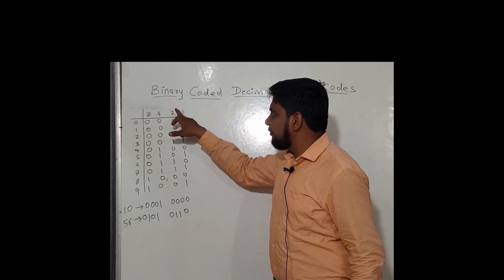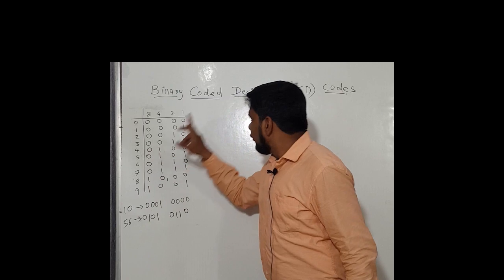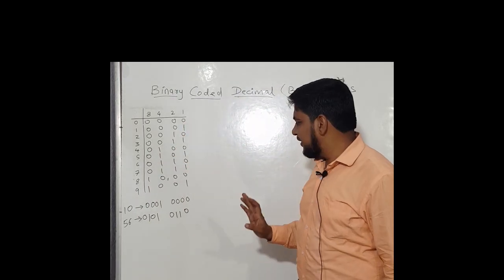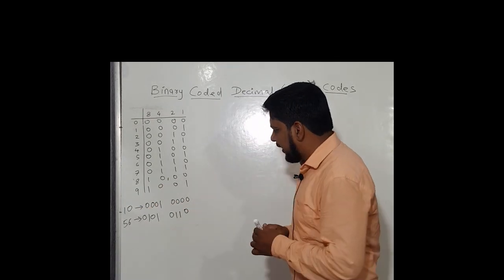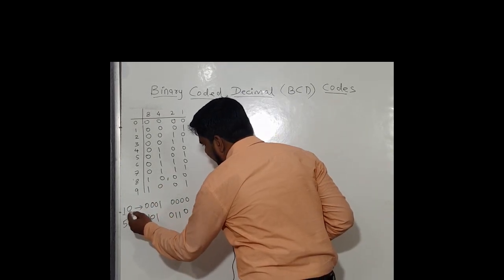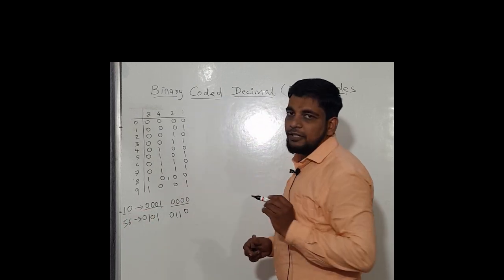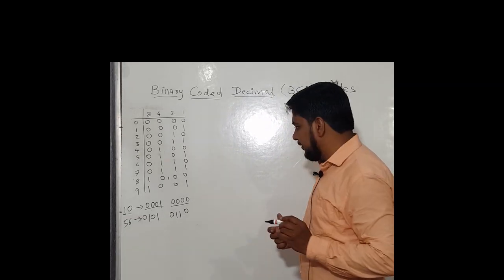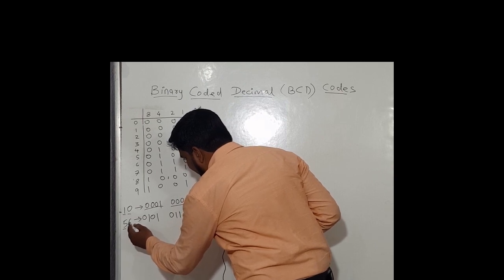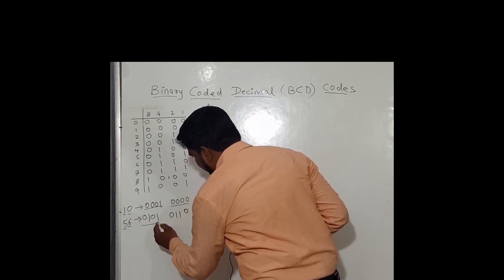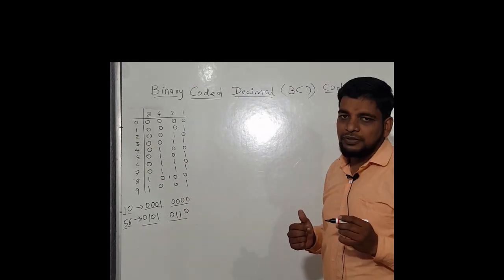Binary code is in the form of zeros and ones, and decimal is valid from 0 to 9. For representation of 10 in BCD, we have a separate 4-bit representation for 1 and a separate 4-bit representation for 0. That is, for 1 it is 0001 and for 0 it is 0000. Similarly, if we need to represent 56 in BCD, then there is a separate representation for 5 and for 6. So for 5 it is 0101 and for 6 it is 0110. This is how the BCD codes are.